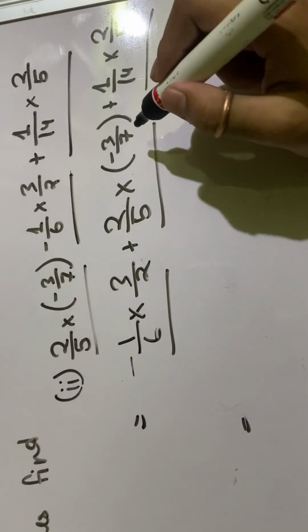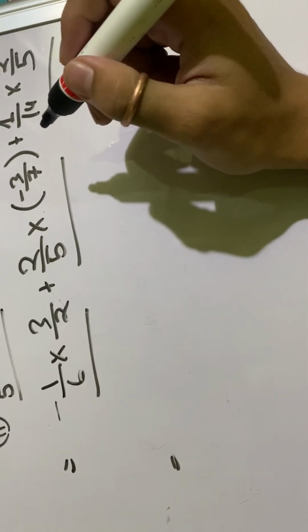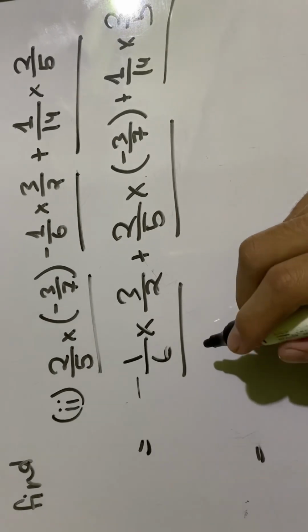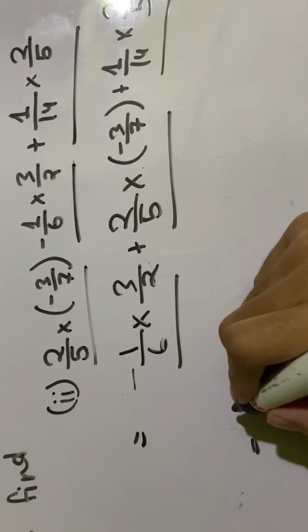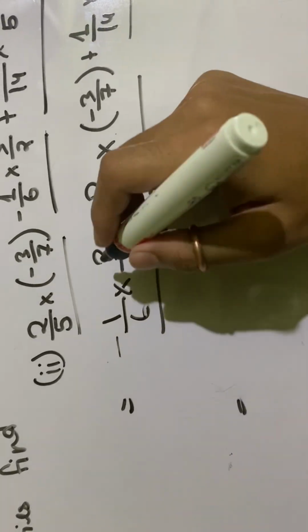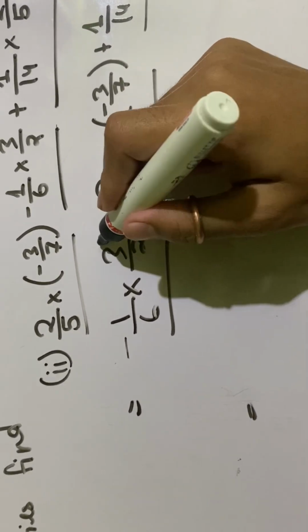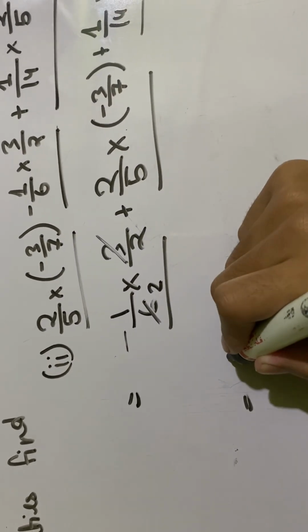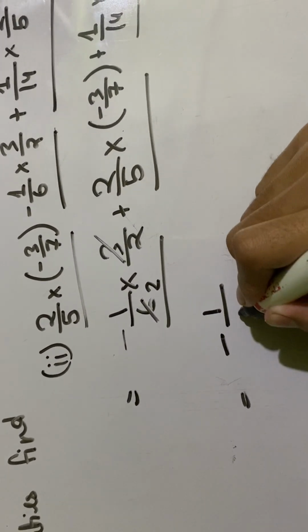Okay, after that you can cancel, and then you can multiply, you will get minus 1 by 4